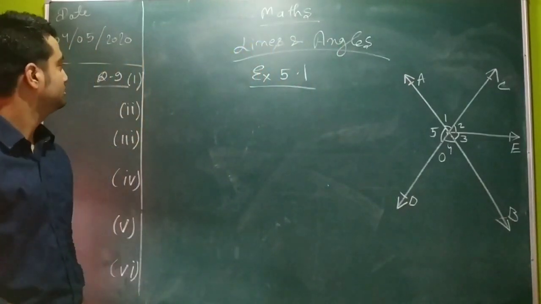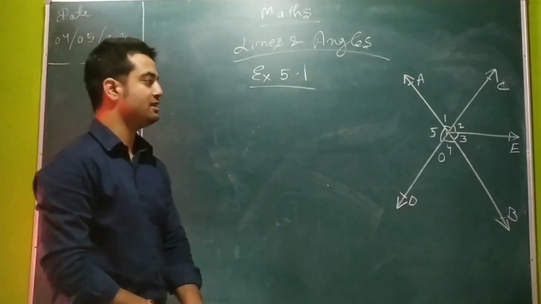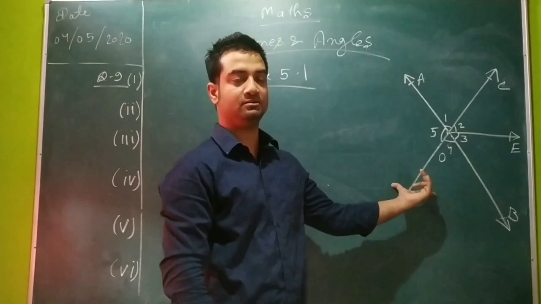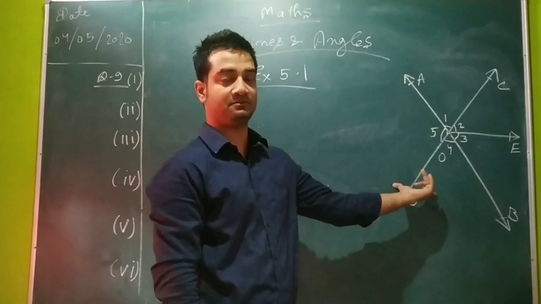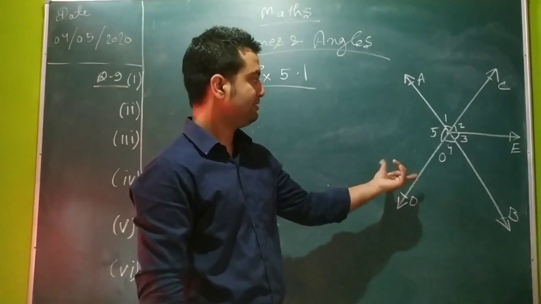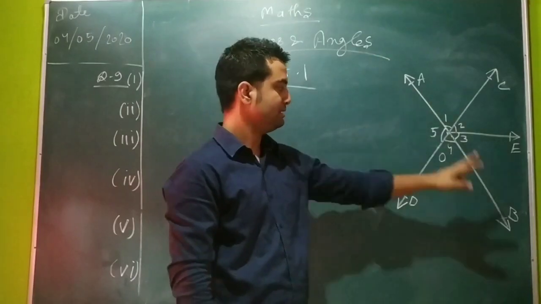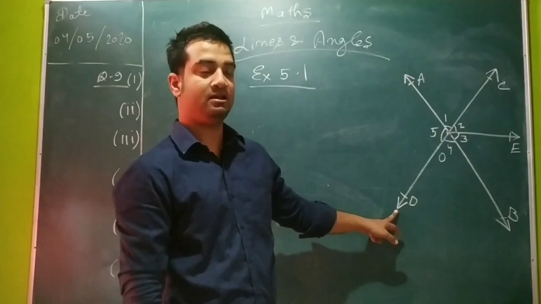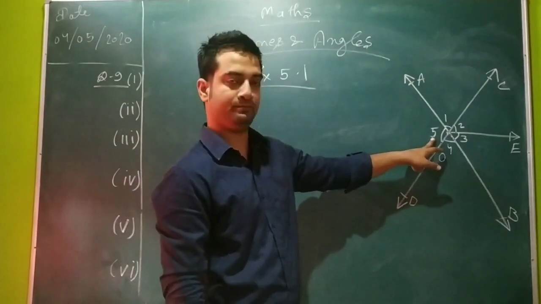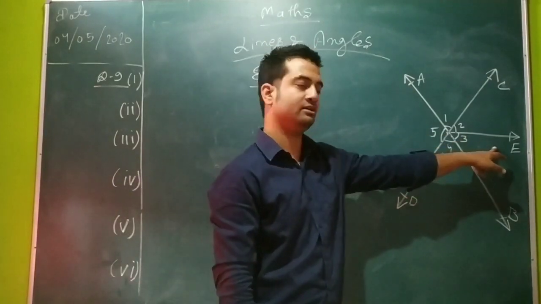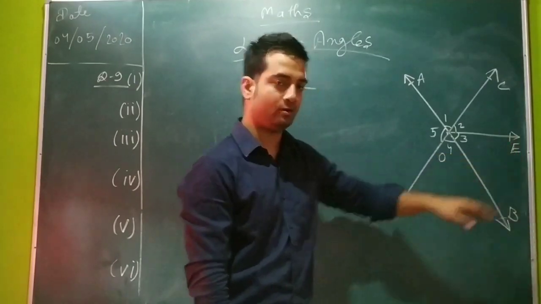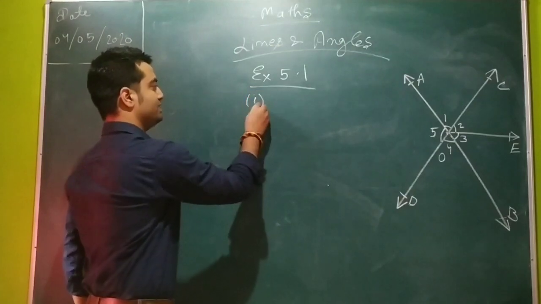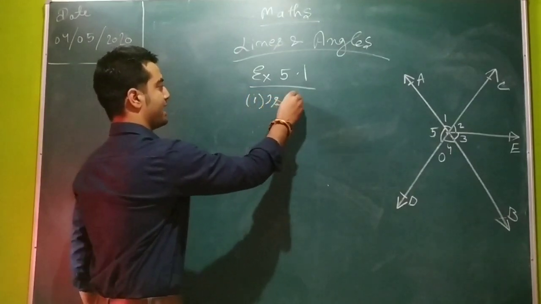For question number 9, we have been given a figure, and on the basis of this figure, we have been given a few questions that we have to solve. In this figure, if you observe, AB and CD are two lines intersecting at point O, and OE is a ray. Now, the first question is: is angle 1